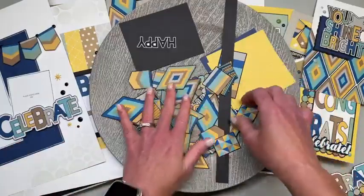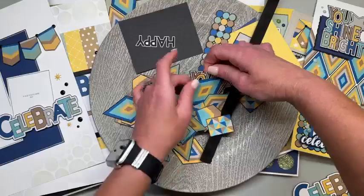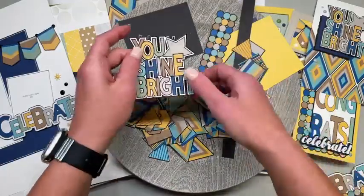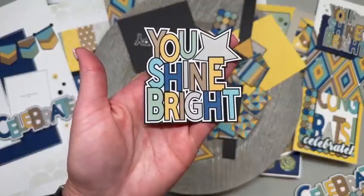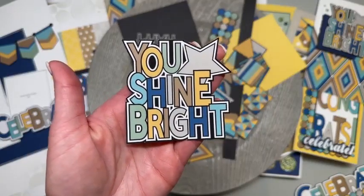And they made a cute card as well. You've got a few of those. This is my favorite sentiment that I created, the You Shine Bright. I absolutely love it. And I feel like the fun part about sentiments or titles like this for pages is